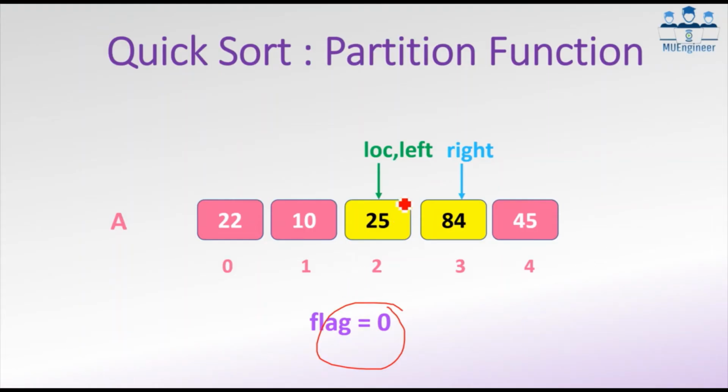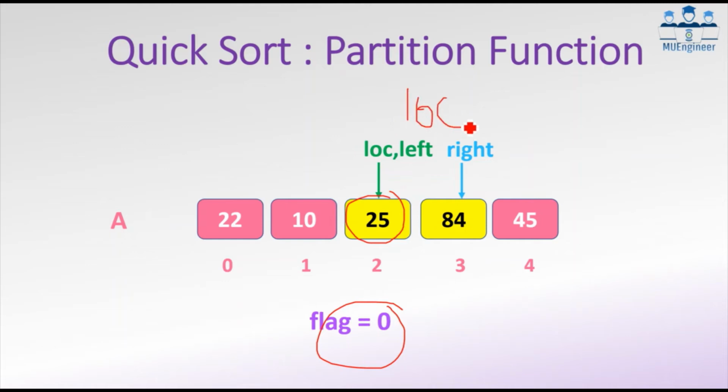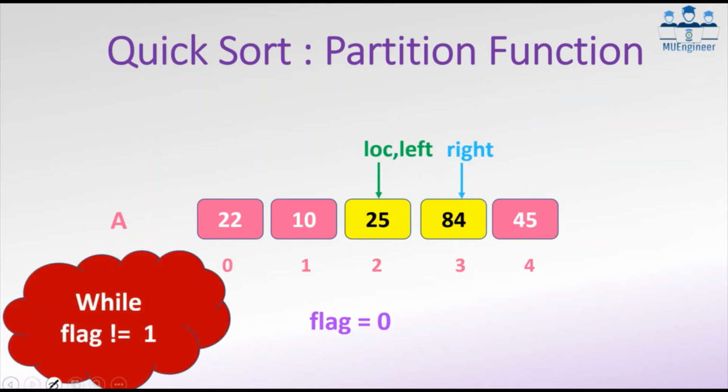So this is हम लोगों ने जो स्टार्टिंग में लोकेशन वाला वैल्यू पकड़ा है, that is 25. So it is still there. Location is always 25 for this particular pass. So what we are doing is we are just shifting a location from left to right and right to left. If it is on left, then it should be lesser than right. If location is at the left side, it should be lesser than right. And if location is on right side, then it should be greater than left. That is the condition that we are always checking. Now your location is on left, so it should be lesser than right. That is the condition that we should be checking.